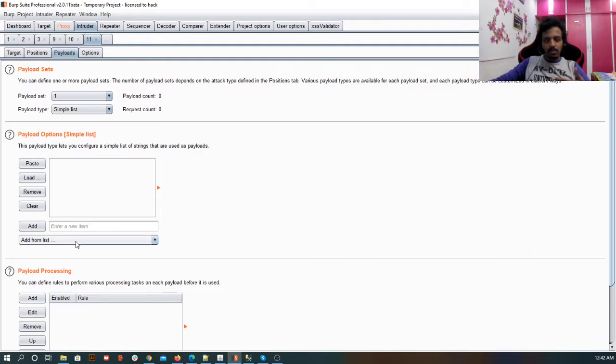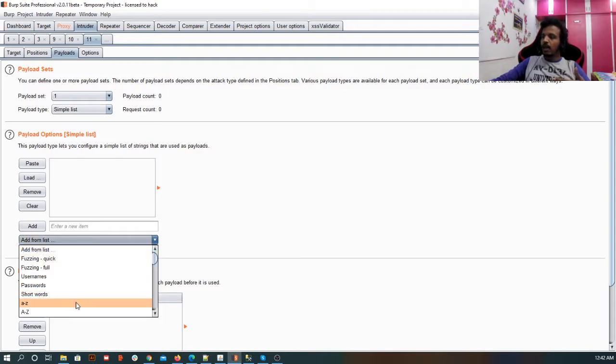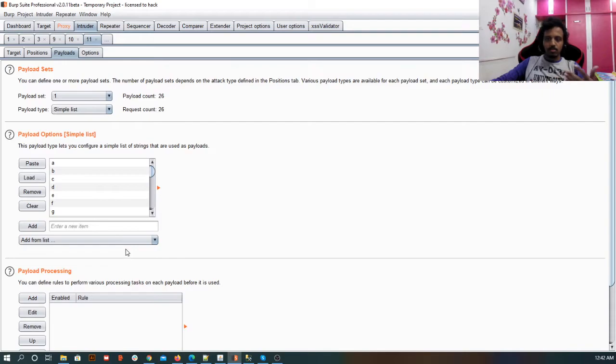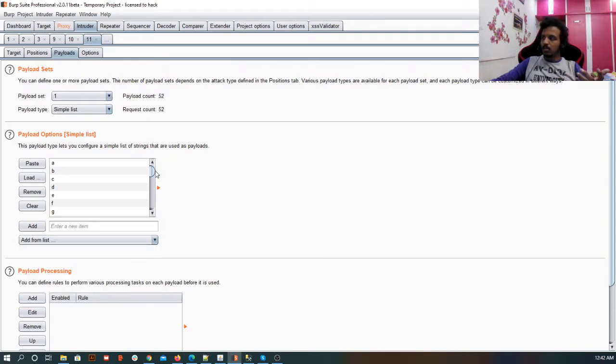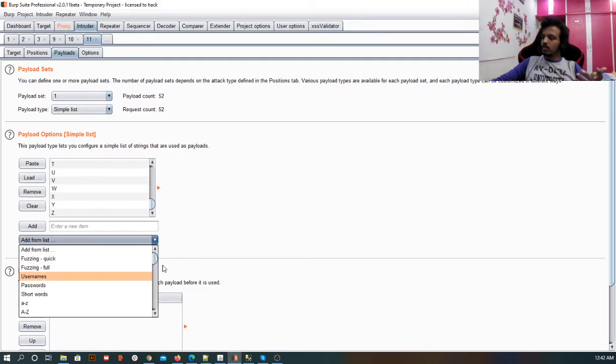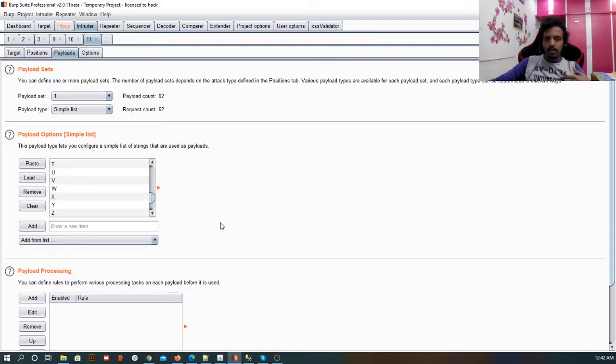Okay. So if I go to add from list, I want to check A to Z, that is small case. I also want to check A to Z, that is big case. You can see that is also added here, A to Z. And I also want to check for 0 to 9. Of course, nowadays you have to check for the special symbols and all, but again, this is for learning's sake, so the lab is kept simple to understand. Okay, now can I go for payload 62?